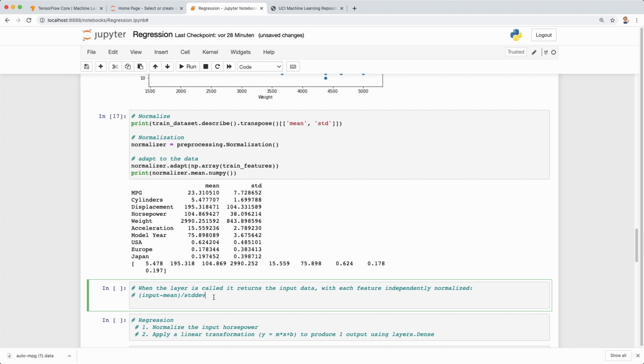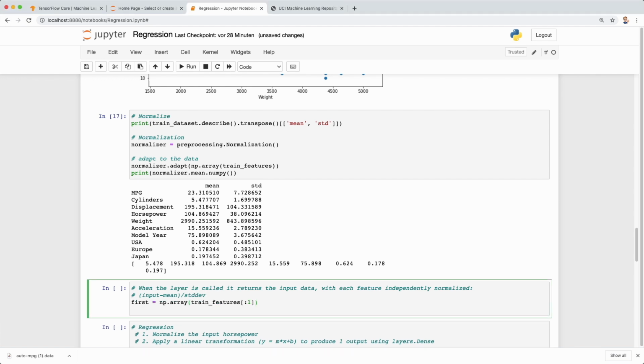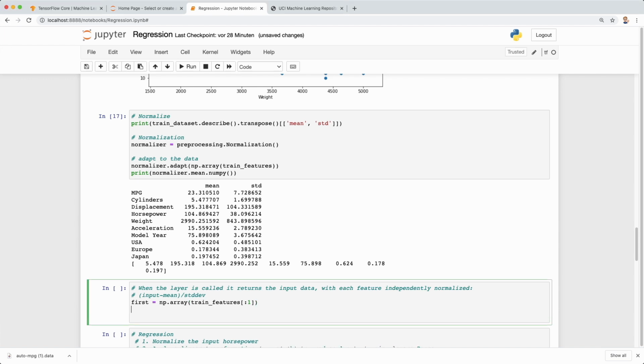And this means that our output has a 0 mean and unit variance. So here, let's get some example. So the first data from the training features. Then let's print this one. So this is the first data, unnormalized. And then we also want to print the normalized one. So let's print